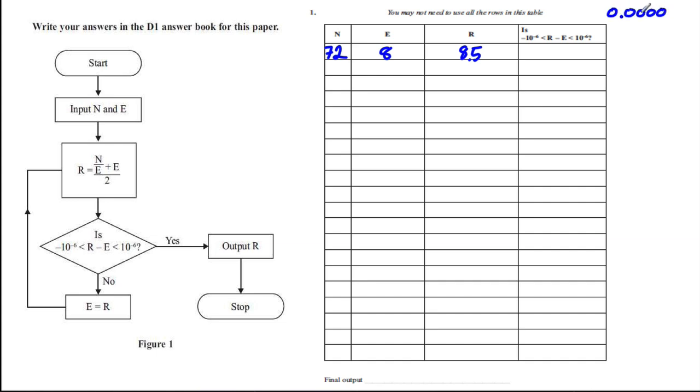negative 0.00001 and 0.00001. It's certainly not between that. So you just put no. And because it's no, you let e now equal r. So e is now 8.5, and you go back and do it again. You work out r is 72 divided by 8.5 plus 8.5, divided by 2. And when you calculate that, you get